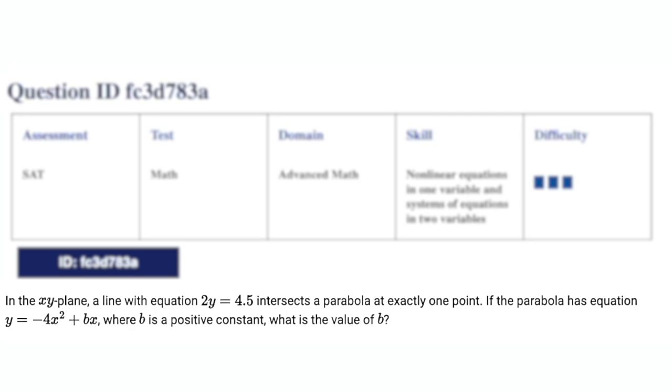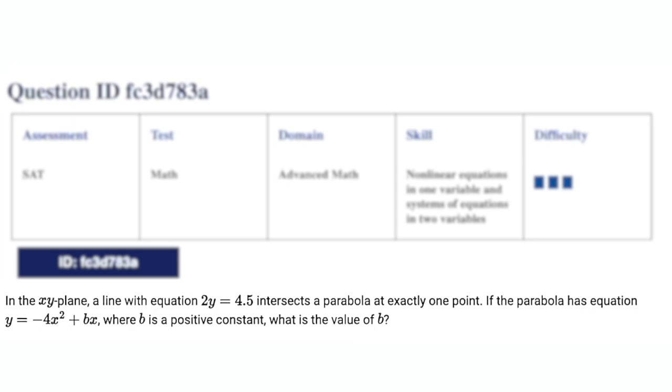These 10 questions are rated hard in the College Board question bank, but if you know how to approach them, they're really not all that challenging. Just remember, to get the most out of this study video, you're going to want to pause and attempt each question on your own first. Let's get started. All right, in the xy plane, a line with equation 2y equals 4.5 intersects a parabola at